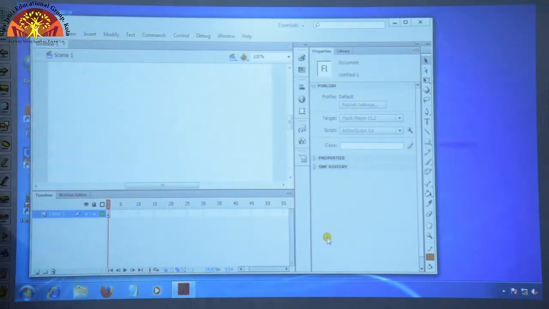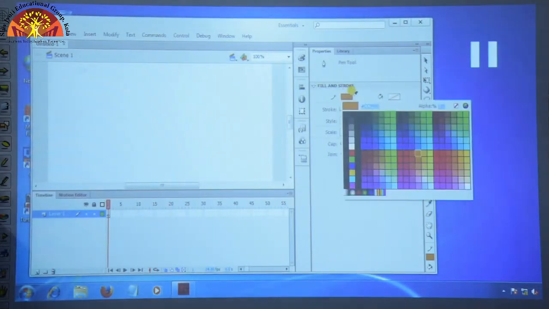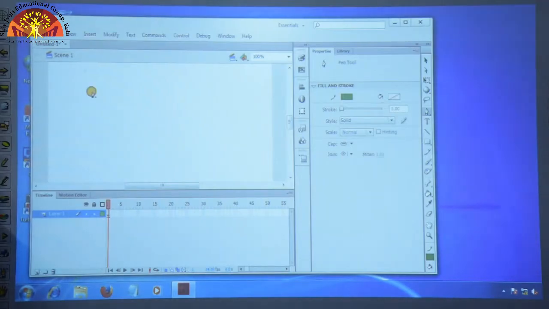So first we will see the practical of the shape tool, which is the pen tool. So this is your pen tool. Now we will select the stroke color, or we can say outline color, for the pen. Here I have chosen the green color, and first we have to define the point A. Now we will define this point B. And using the Alt key from the keyboard you can define any line or curve on this stage.